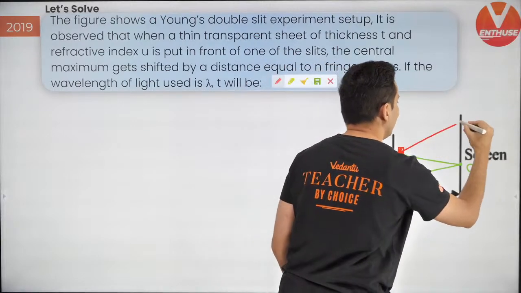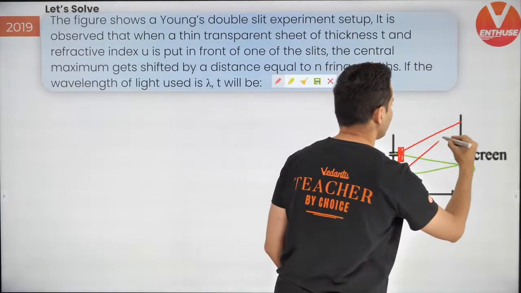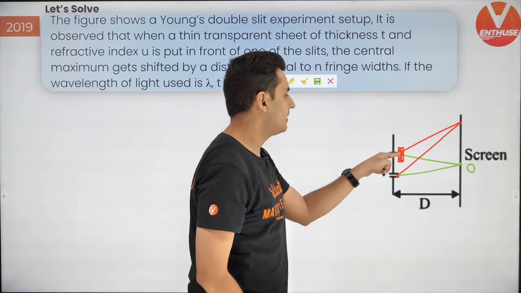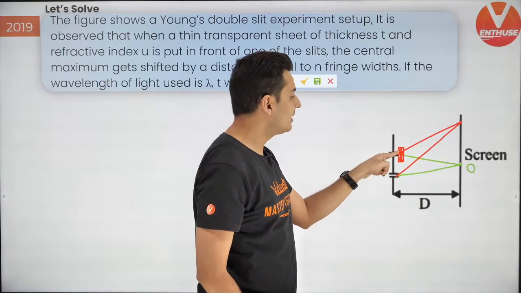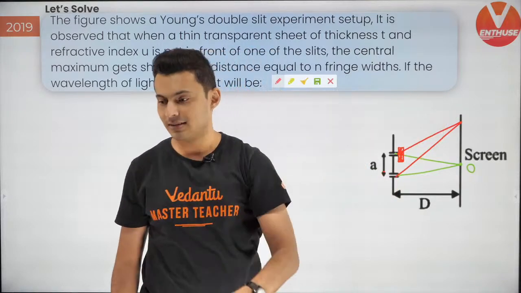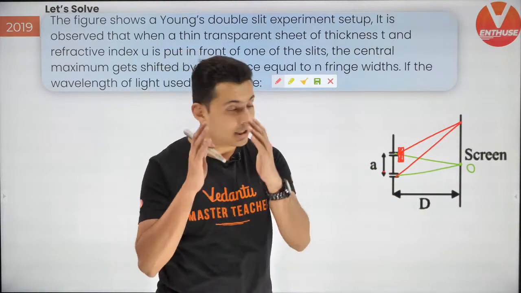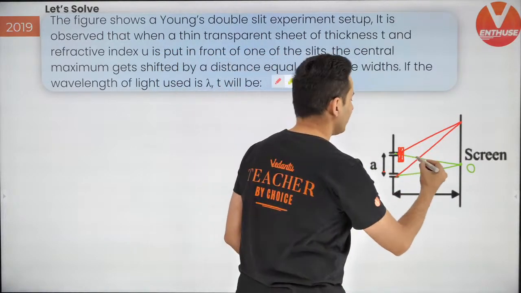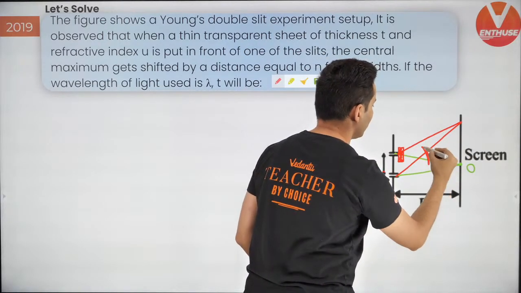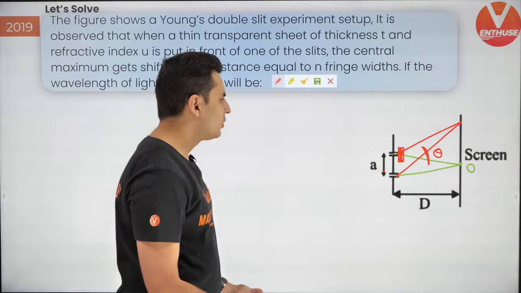So this ray has to travel a shorter distance and this ray has to travel a longer distance. So whatever time it spends in here, it's compensated by the longer distance traveled by the other ray. I hope this makes sense. Correct? Now, if that angle which it makes is theta, guys, we know that at this